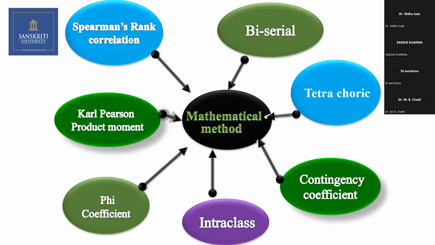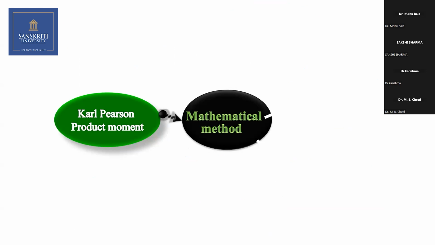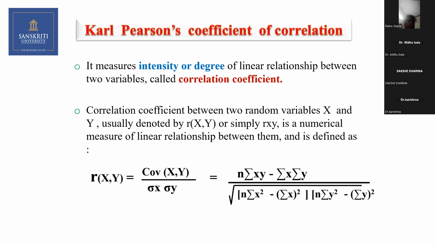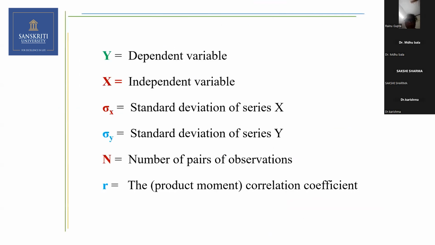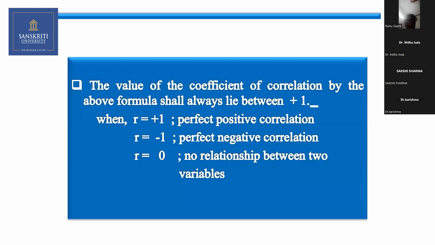And there are so many mathematical models. I'm not going for all the models, only Karl Pearson product moment. I'm just going for this. Already I told you, this is the covariance between X and Y divided by standard deviation of X into standard deviation of Y. Kindly don't worry about the formula. You get the result directly. Those of you who are not very good, I can just say that if R is +1, it is perfect positive correlation. If R is -1, it is perfect negative correlation. If R is 0, it is no correlation. It is a unitless measure which runs from -1 to +1.